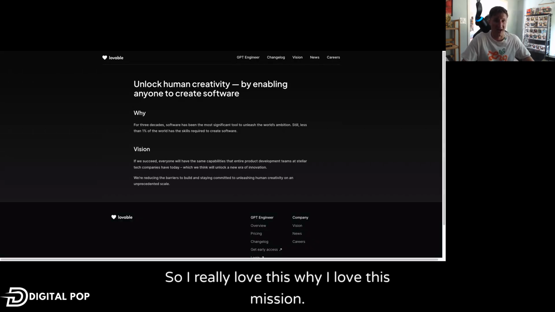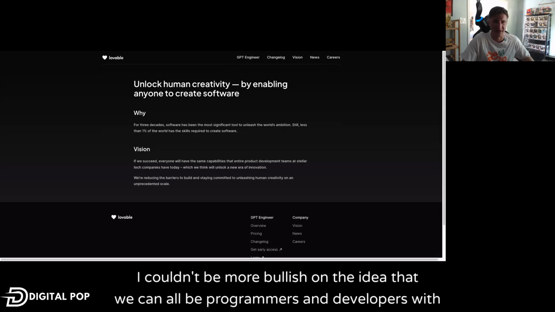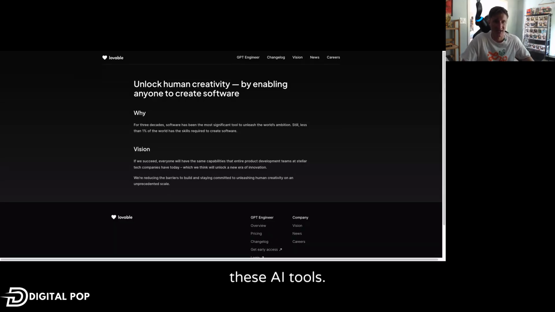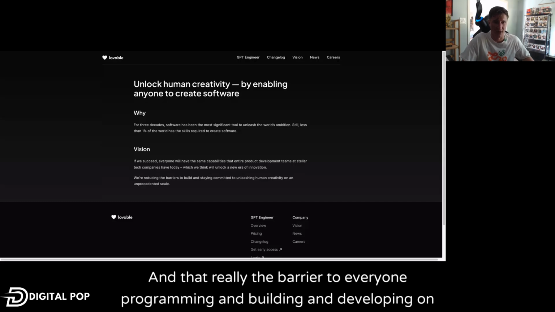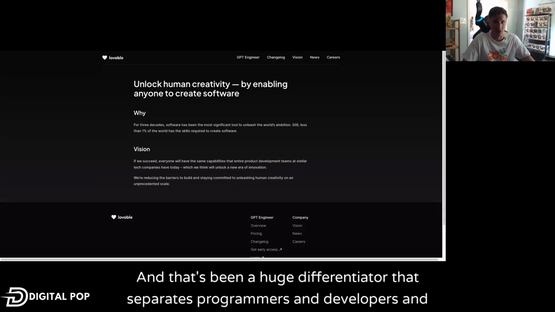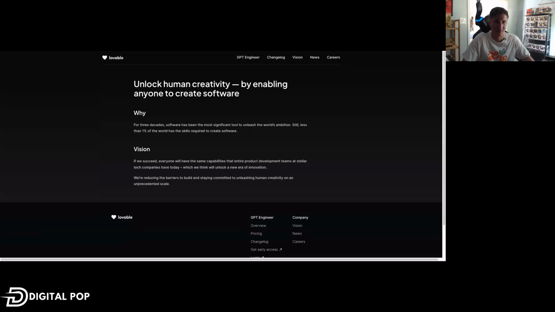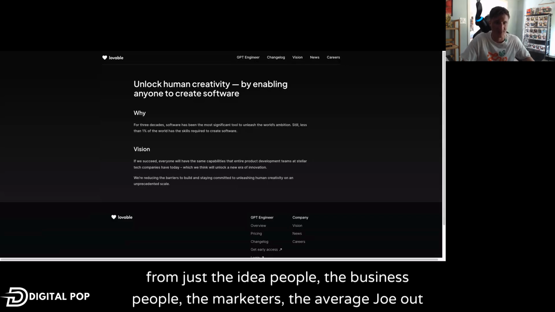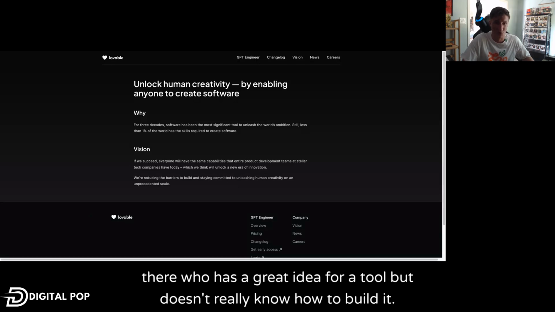So I really love this why. I love this mission. I couldn't be more bullish on the idea that we can all be programmers and developers with these AI tools, and that really the barrier to everyone programming and building and developing on their own in the past has been the inability to speak the necessary coding languages. And that's been a huge differentiator that separates programmers and developers and engineers from just the idea people, the business people, the marketers, the average Joe out there who has a great idea for a tool but doesn't really know